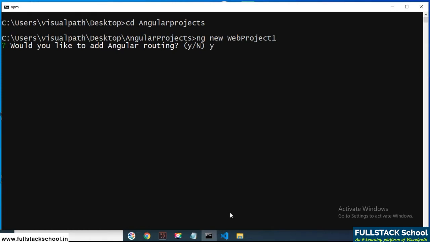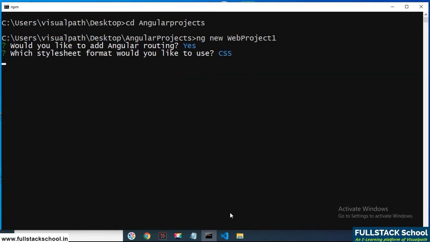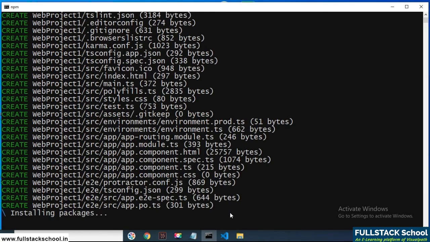After that, it will ask what type of style sheet you want to add to the Angular application. Presently we are using CSS as the styles for the current Angular project. After selecting CSS, it takes some time to create the project, where it adds the dependencies which we require to develop an Angular application.